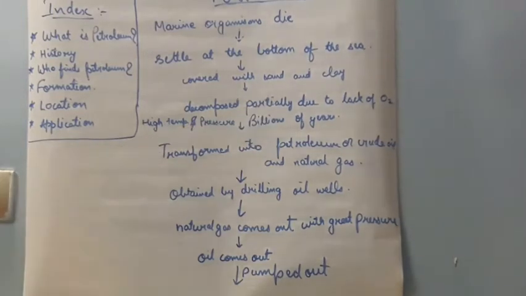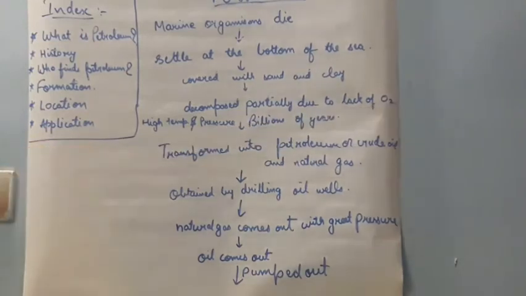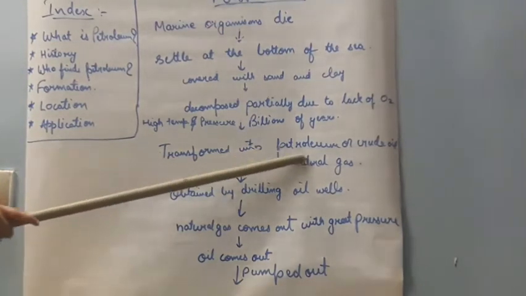They do not decompose completely, only partially, due to lack of oxygen. Then after billions of years, due to very high temperature and pressure, the dead remains of those partially decomposed marine organisms transform into petroleum or crude oil and